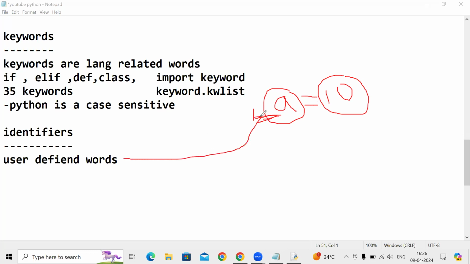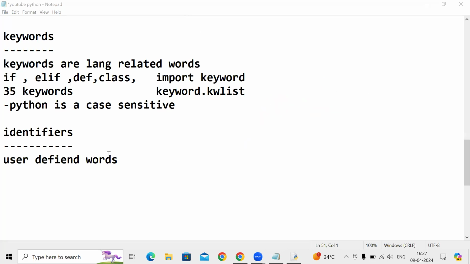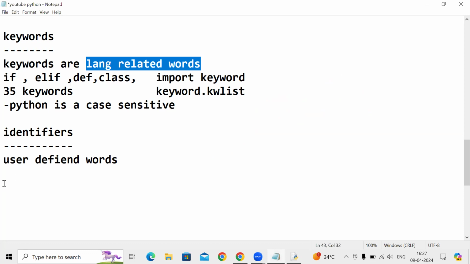These are user defined words. I hope you got it. What is an identifier? What are user defined words, and what are language related words? Hello guys. Next,